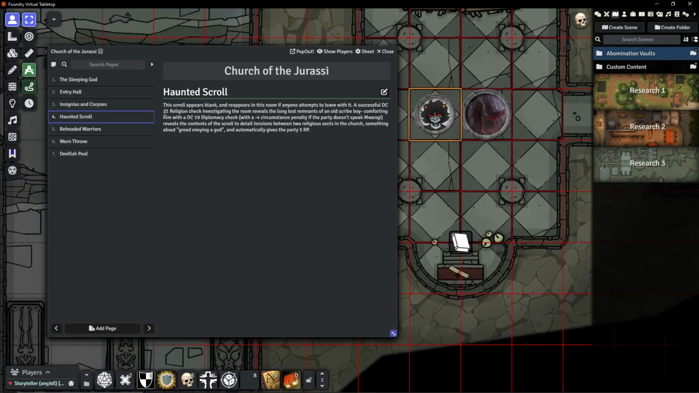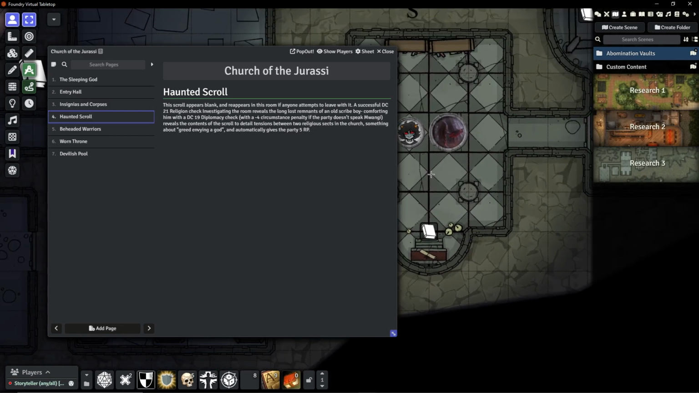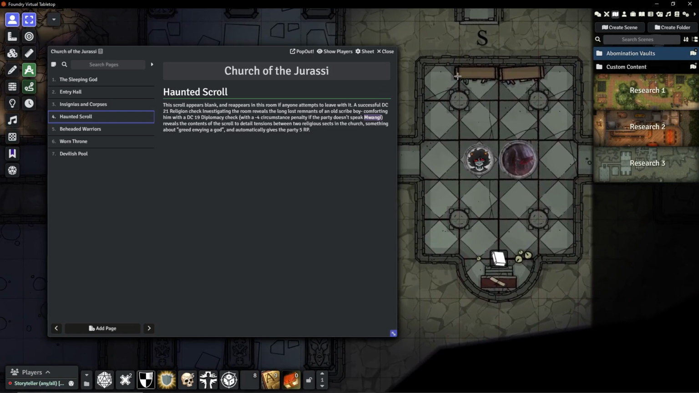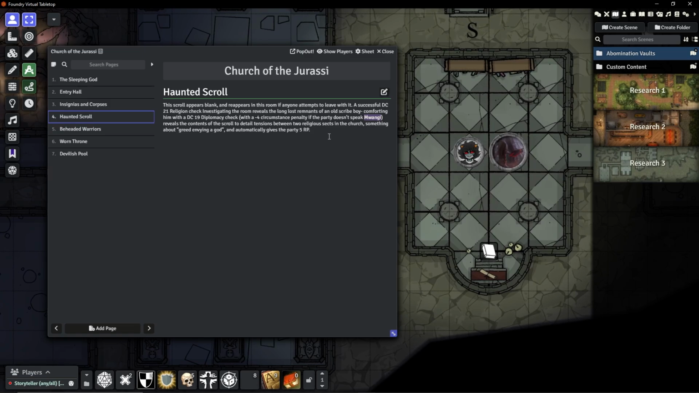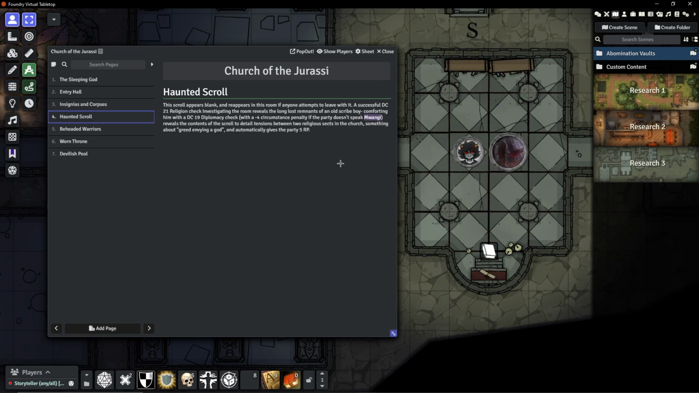Tiny needs to make a religion check investigating the room as he decides to try to find out what's going on, as will Arik, although both of them will take a -4 circumstance penalty because they do not speak Mwangi. As Grandmother Spider was the original deity of this temple, and her primary language is Mwangi, there are several locations where that would be useful to have. But succeeding at that check,